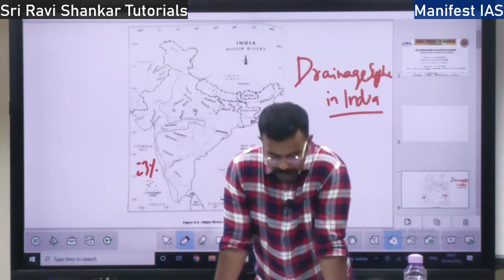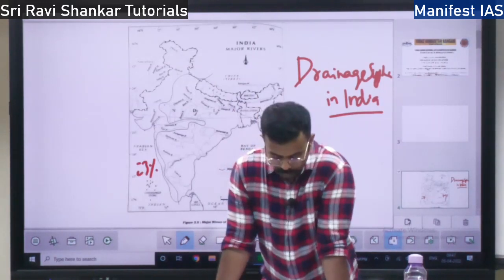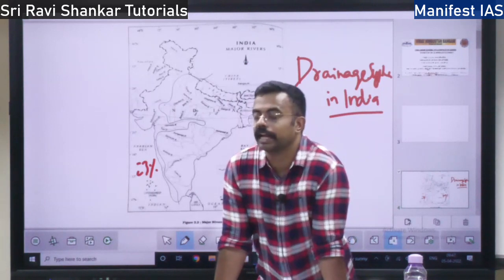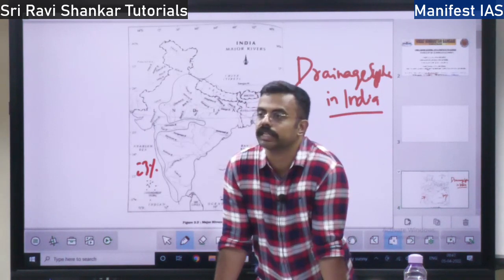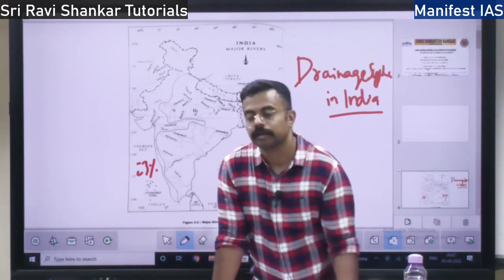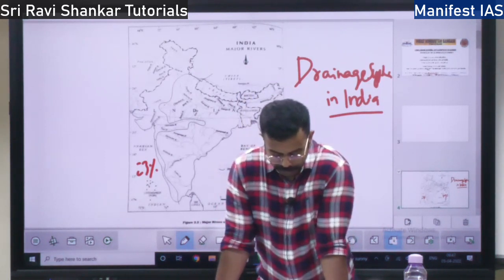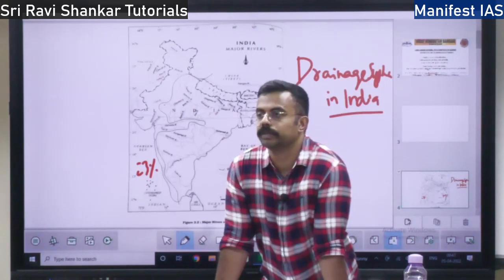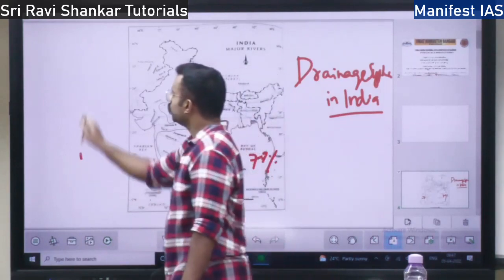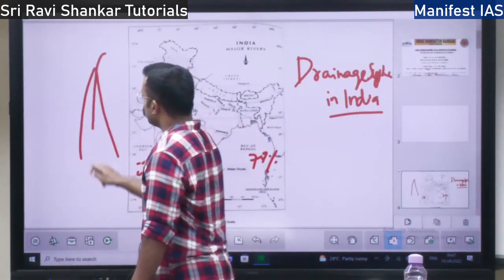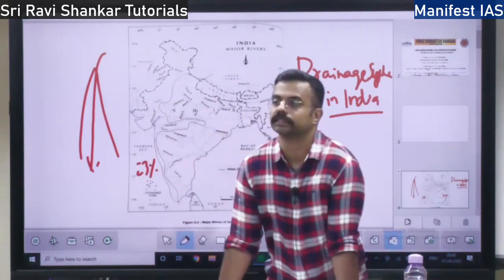These rivers pass through the gorges. So what is a gorge? I have discussed what is a gorge. They pass through gorges and they carry out a lot of erosional activity. So Himalayan rivers carry out erosion, that is they do the undercutting of valley, they will form the gorges, all these things, right? So why is there erosion in this region? Because the Himalayas are moving up. As the Himalayas move up, the river is going deeper and deeper, cutting the Himalayas,